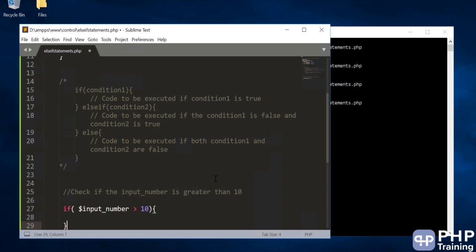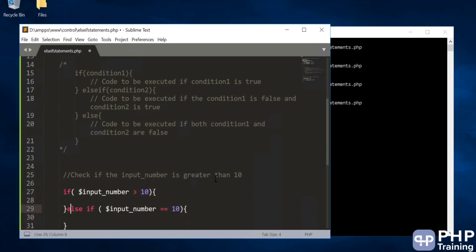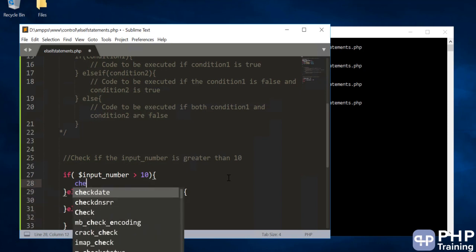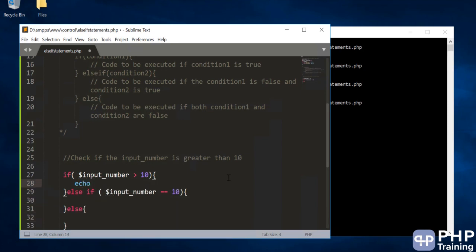You have one condition, you can write another condition, and you can say if input is equal to 10. That means input number is equal to 10. Then you want to go to another block, and if it is not greater than 10 nor equal to 10, then basically it is less than 10. Okay, you can say echo